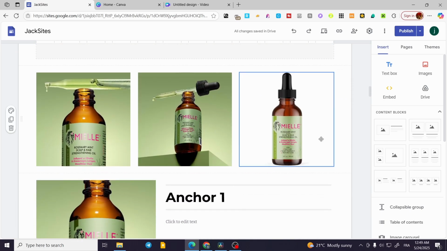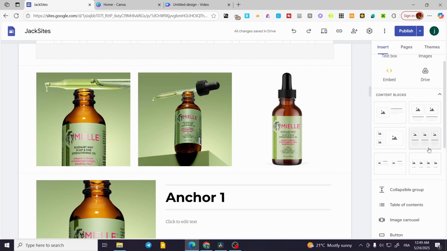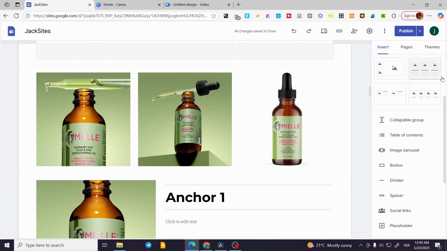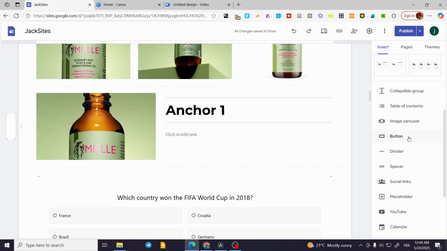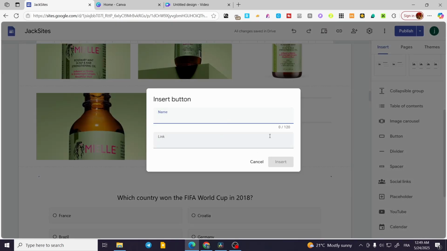So let's say that we want to add a call to action button. Basically, we're going to head over to the right side of the screen and we can go ahead and choose button. So I can go ahead and integrate it within any place that I want. The only thing I need is to name that action button or call to action button and also put a link for it. Let's say that we're going to put here, click